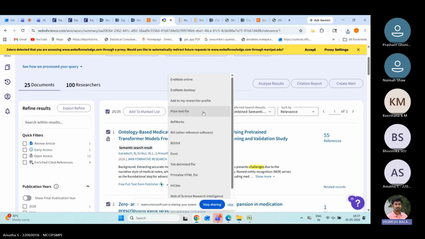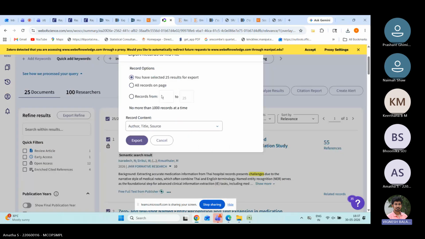Twenty-five, because there is no extra paper. Here there is no CSV. That's why we will select BibTeX or RIS. Anything is fine. So we will select there all records, 25 all records, and here you have to choose including